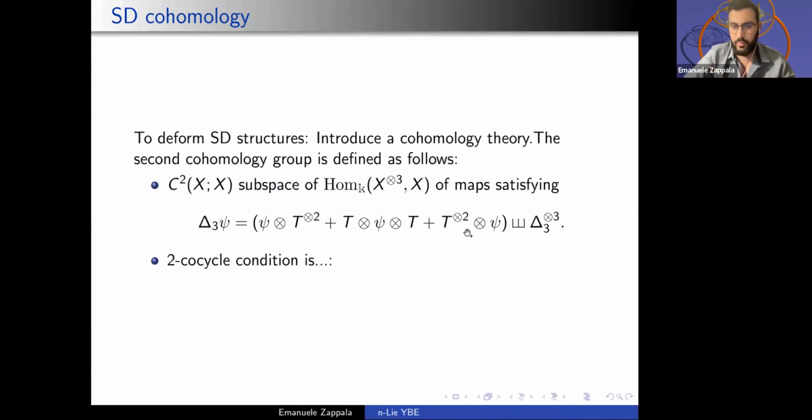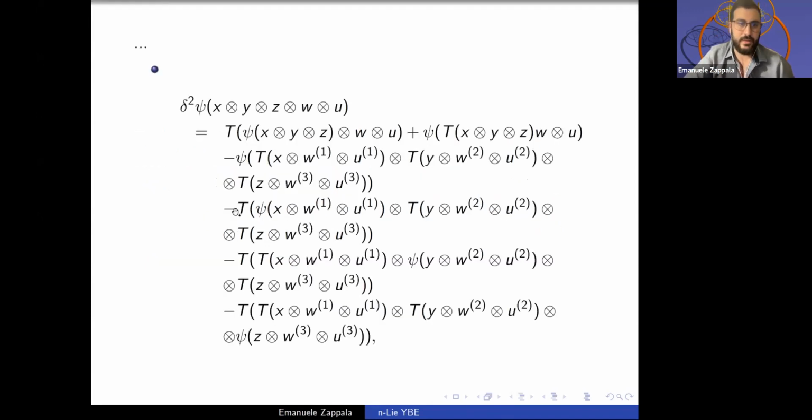The condition you need is this one that very much looks like a sort of co-derivation condition where the operation appears twice, though. So you reduce from hom of X tensor 3 into X, you reduce it to things that satisfy this equation. And then the two co-cycle condition is, I mean, this thing doesn't really matter that much, but you have to look at it as when you delete elements and you put them on the left-hand side of where they appear, then you apply them.